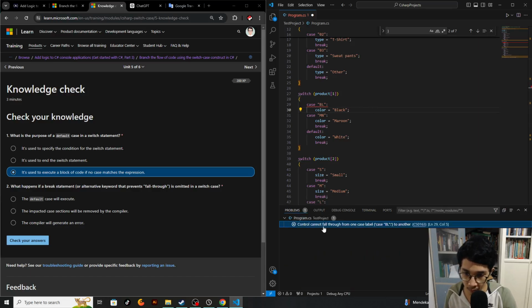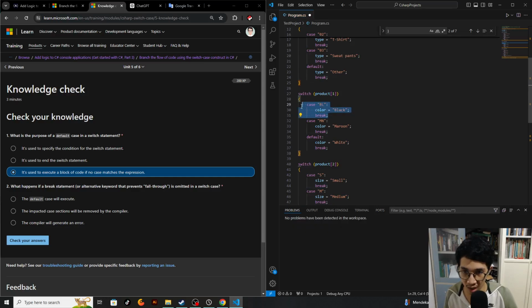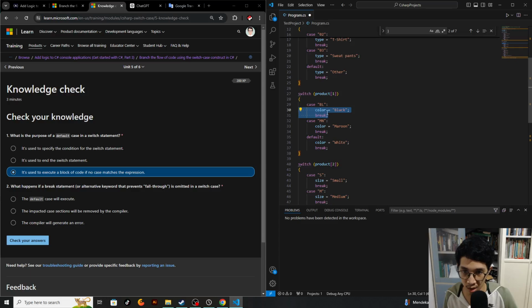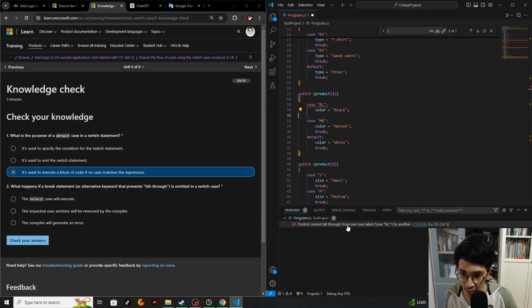Of course, problem. Only the break statement, right? Not with the code, right? If it's with the code, then it will be all right, it doesn't matter. But if you just want to omit the break statement, I mean the break line of code here, then it becomes a problem because control cannot fall through from one case label to another one. So yeah,